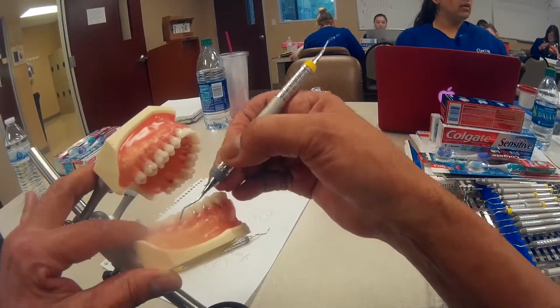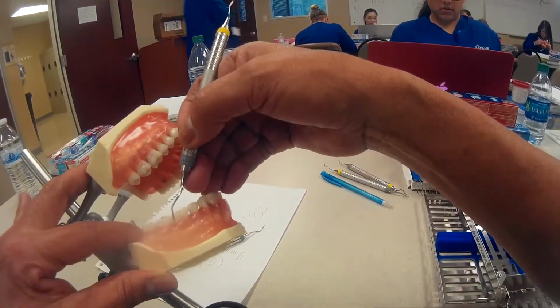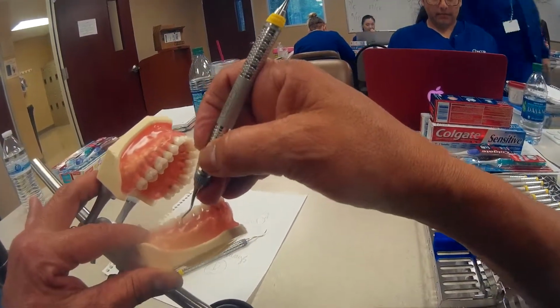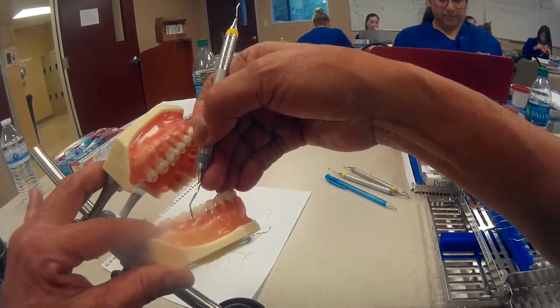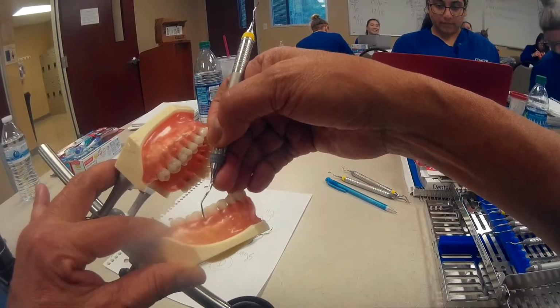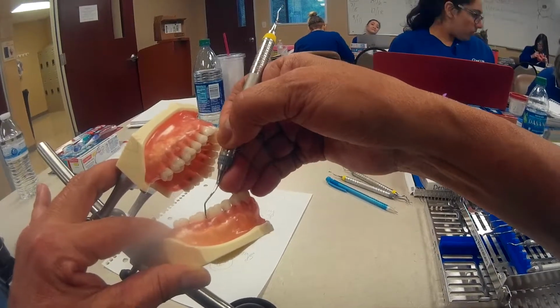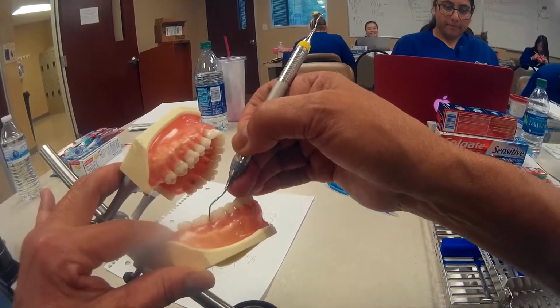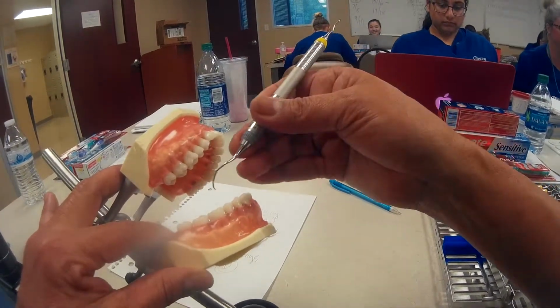If this terminal shank is going over like this, I am not correctly adapted. If this terminal shank is coming out like this, I'm not correctly adapted. So that terminal shank standing up is the only visual clue that I am in correct adaptation for what I need to do. Okay? Then I pull out and come like this,